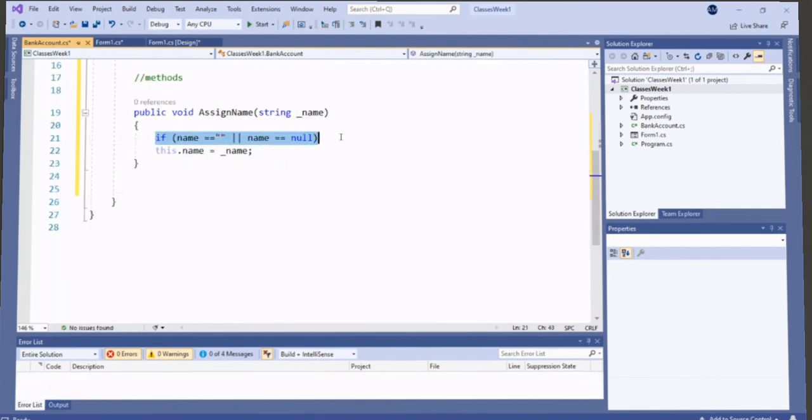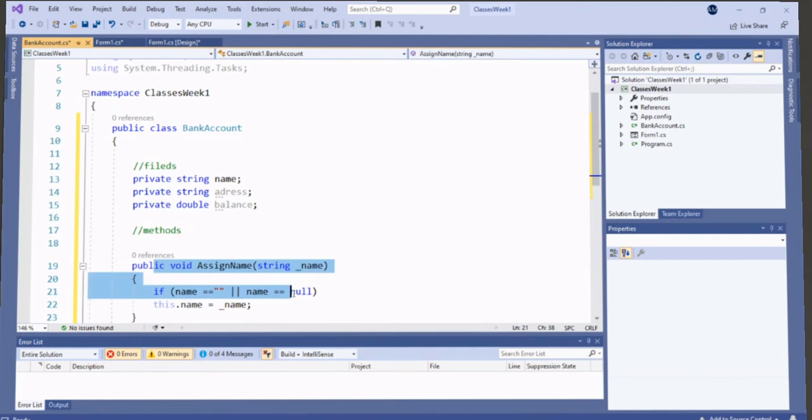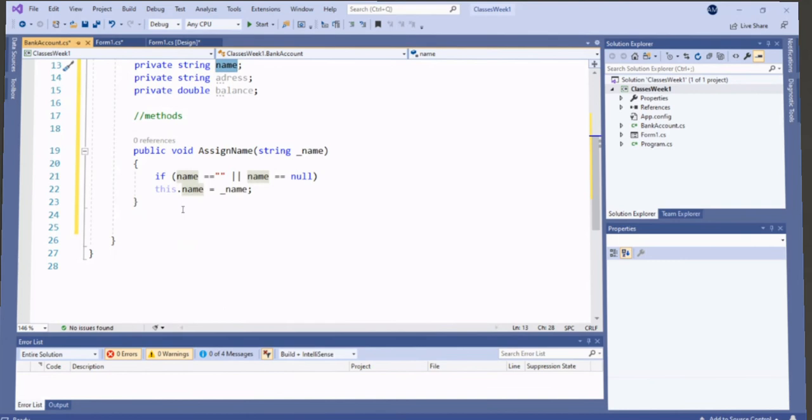Well, if it is not already assigned, then do this. If it's assigned, it's just going to skip and do nothing. So this is why you would create a method to interact with this instead of making it public directly. If you make it public, you can just change the name from the outside, and you don't have any